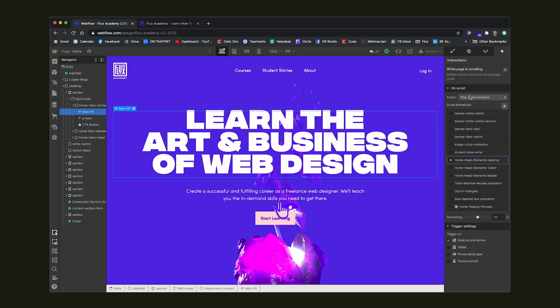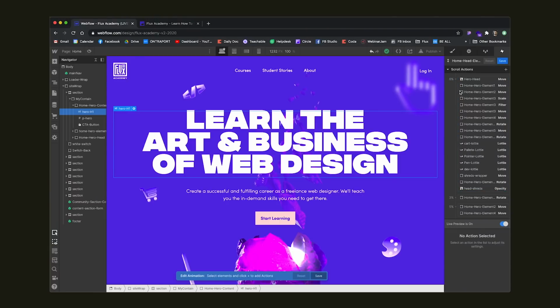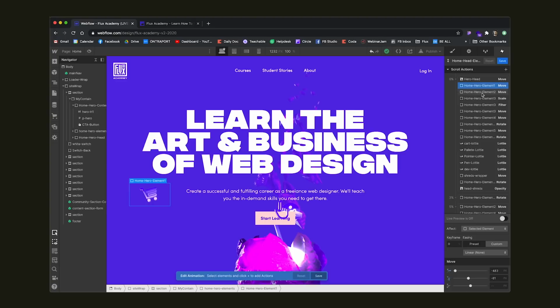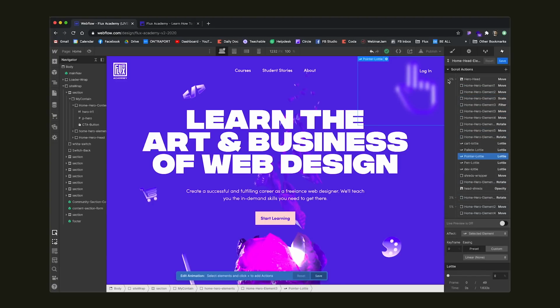So we have here basically an interaction that's triggering and moving along as we're scrolling the page. And what happens here is you can see, based on the percentage of our scroll, this is the first initial position. So now they are being positioned in their actual original position when we are at 0%, meaning when we're at the top of the page, they're being moved into their original position.